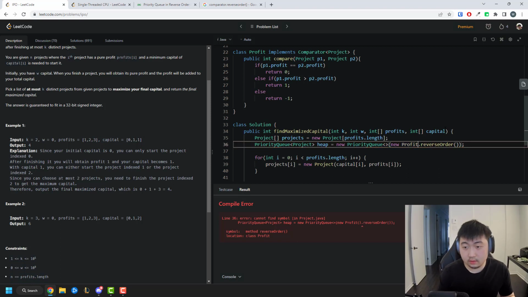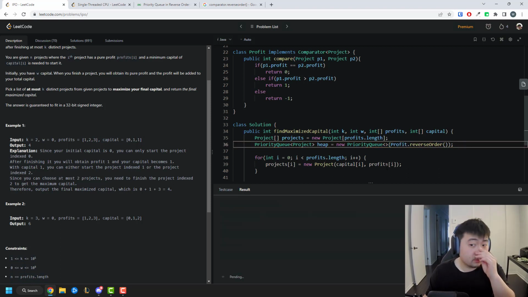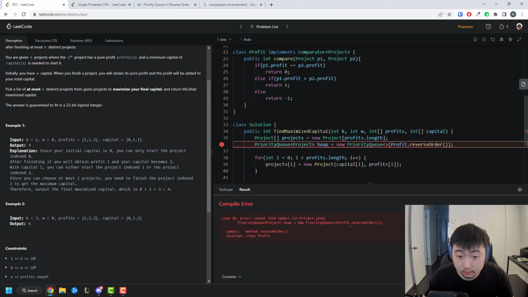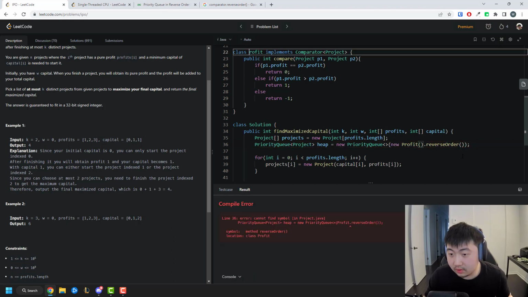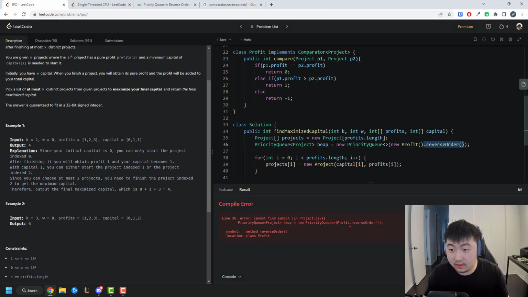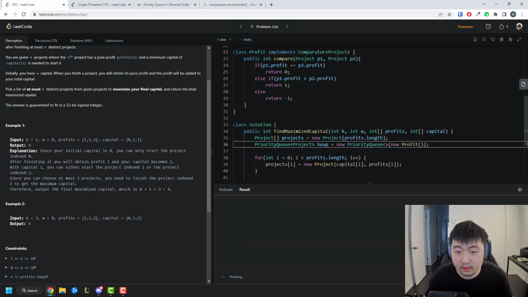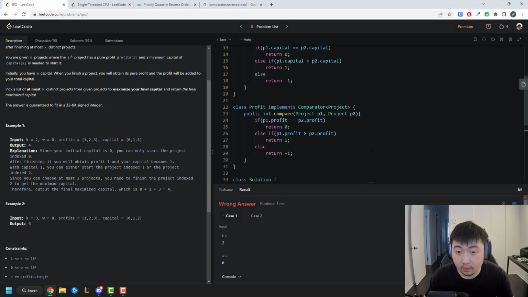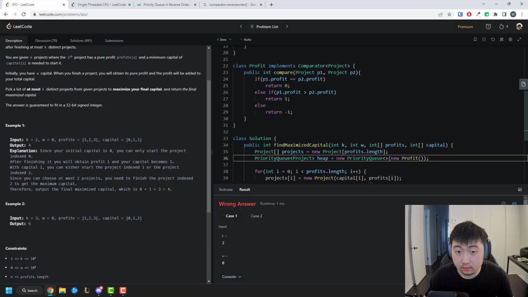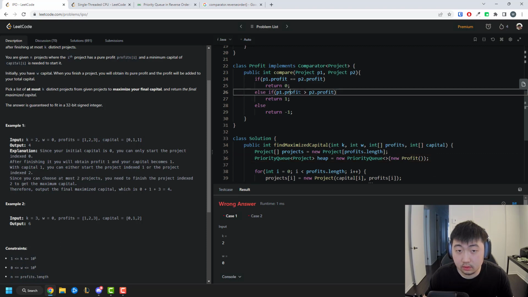Or maybe it is a static method of comparator. No, I do not know Java enough. Worst case, I will just change how the comparator is implemented. Because I think by default it's a min heap. Maybe